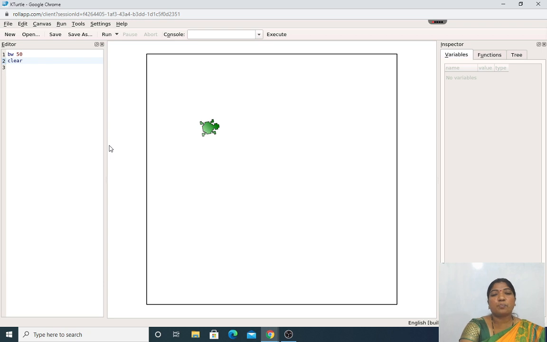The next one is the pen command. In the pen command, you have two options: pen color and pen width. What is the meaning of the pen color command? Till now we were using the pen in black color, but we will be using different colors.